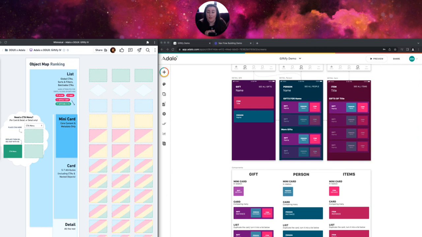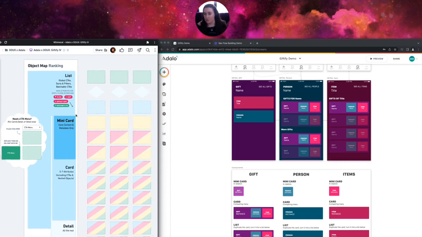So we want to make sure that all our objects look distinct, and that all representations of our object look consistently like the same thing, just like a bigger version of that thing. And we want to make sure that all of the calls to action are in the right place, that if you're going to sort and filter by a particular attribute, that attribute is visible on the card, which is where you're going to be sorting and filtering. And so I have this template here that I put together